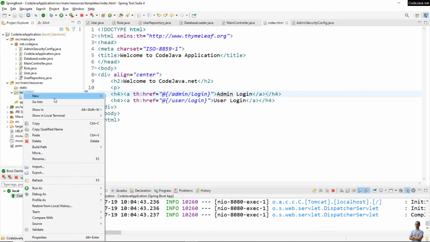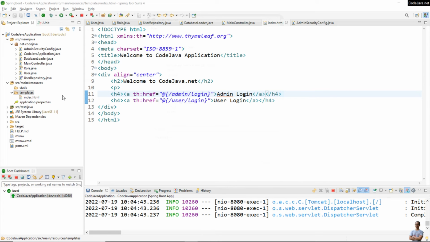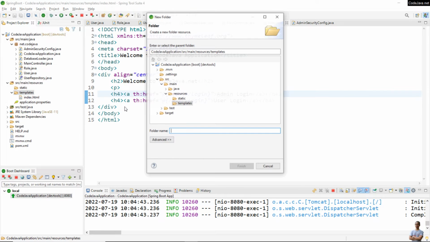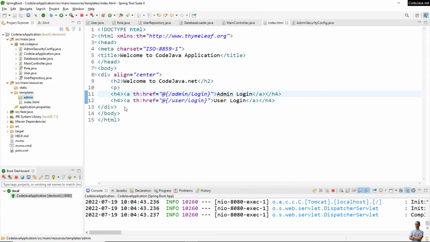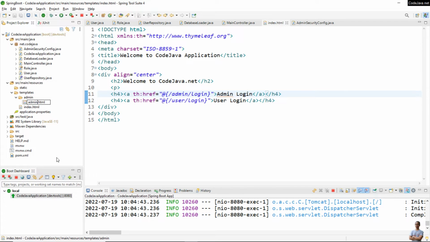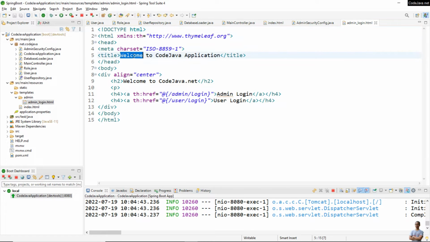So under templates here, we create a new folder for admin. And inside we create an HTML file which the name is admin_login. Change the title of the page: admin login,